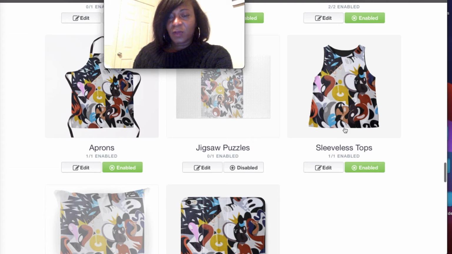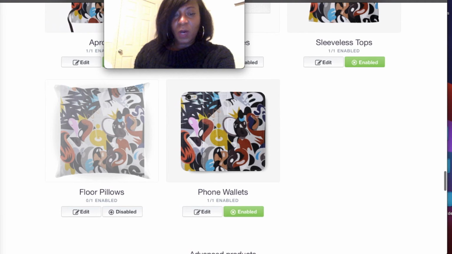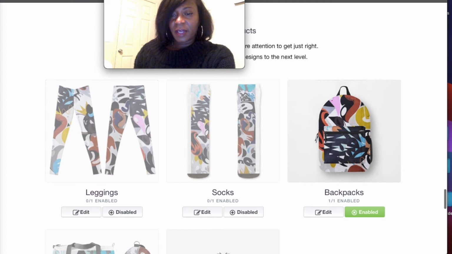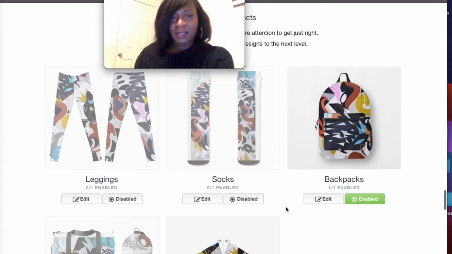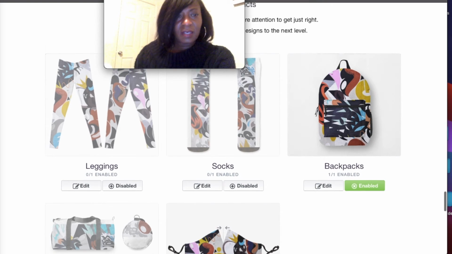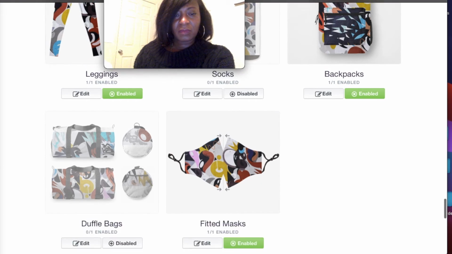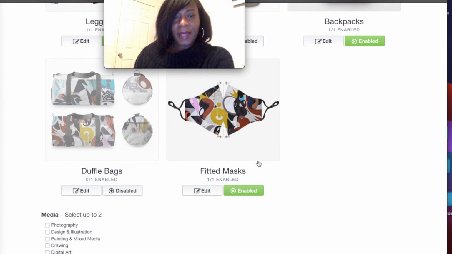That one's disabled. The sleeveless t-shirt. This pillow was not wide enough, so we're gonna leave that like that. We can leave the phone wallet enabled as well. The backpack is nice. The socks, not big enough. The leggings look really cool. We have the mask. That one's already enabled, and the book bag, not big enough, so we'll leave that one